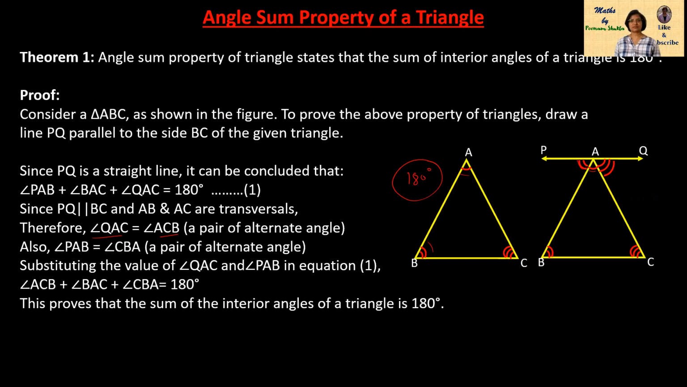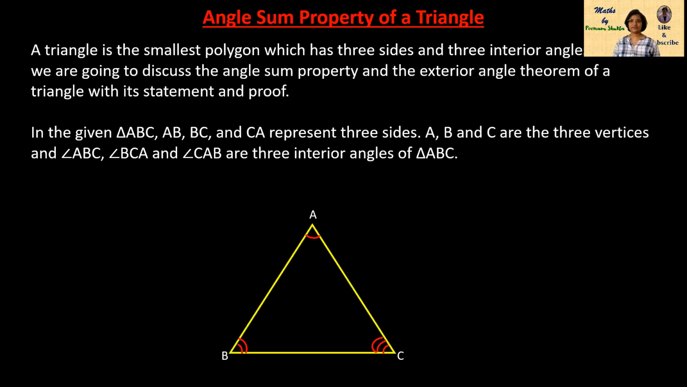So in this, first we will learn about the definition of a triangle. A triangle is the smallest polygon, which has three sides and three interior angles. Here we are going to discuss the angle sum property and the exterior angle theorem. I have shown the interior angles and the exterior angle theorem of a triangle with its statement